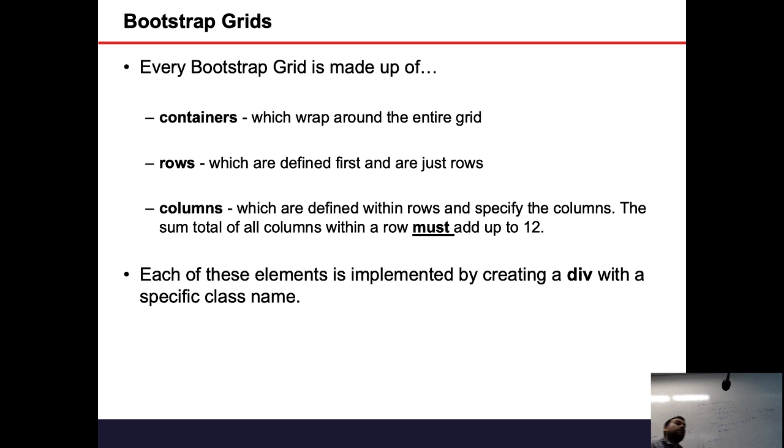Remember, going back to the wireframe, I had an image, so maybe my image is small. I want to put my image, but I want that image to only take up 3 columns. So the first 3 columns go to my image. The remaining 9 columns go to whatever text that is.